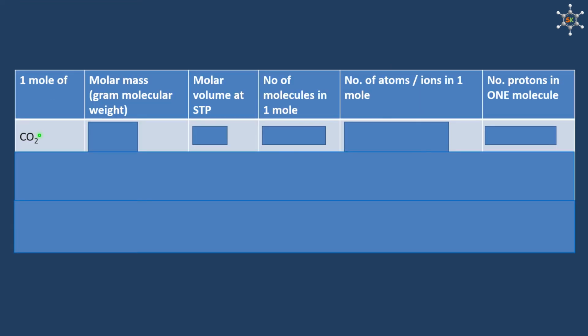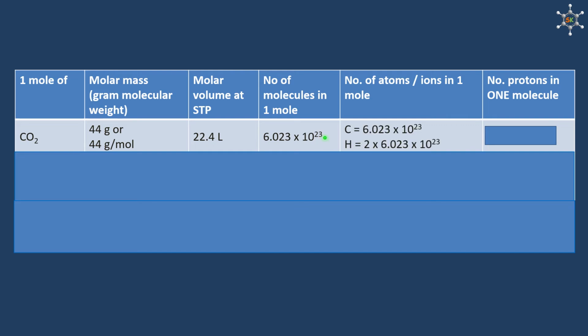1 mole of carbon dioxide will have a molar mass of 44 gram per mole. 1 mole of carbon dioxide will have a molar volume of 22.4 liters at STP. 1 mole of carbon dioxide will have 6.023 × 10^23 molecules in it. 1 mole of carbon dioxide will have 1 mole of carbon atoms in it, that is 6.023 × 10^23 carbon atoms in it, and 2 × 6.023 × 10^23 oxygen